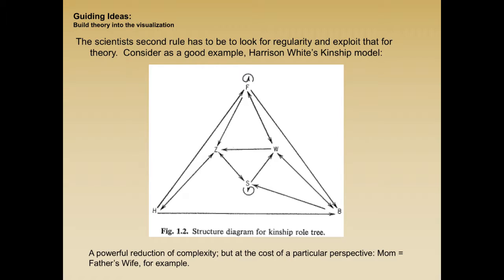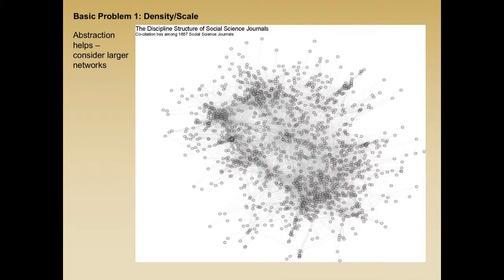And this type of abstraction is nice when the rules of the system are really clear. Most social networks aren't so clear. So when you get a giant network where it's really hard to see the scale, you want to do something else to help generate clarity on top of the network. This is a network of social science journals. So each node is a journal. Each tie is a link to whether or not those journals are essentially working on similar topics.